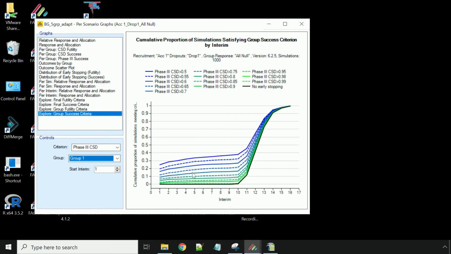And here you can see with a slightly smaller group than the across groups, the probability of stopping for success is slightly inflated. And I'm going to need a more conservative threshold to prevent inflation of type 1 error for my group 1 test. And indeed we used 0.95 instead of 0.9, which we use for the across groups. And then we can repeat this trick